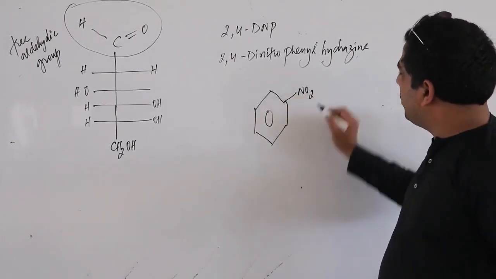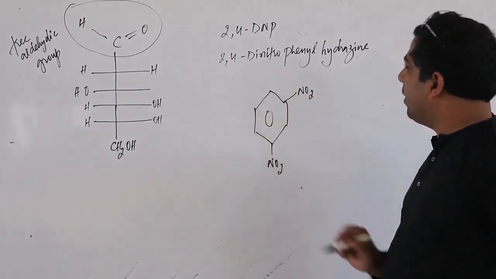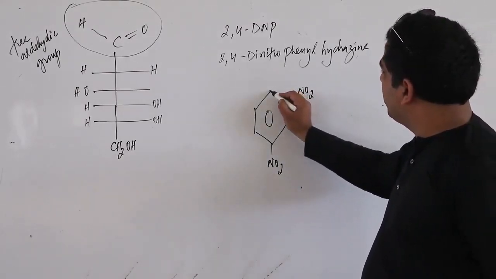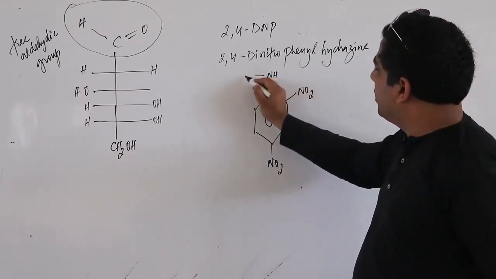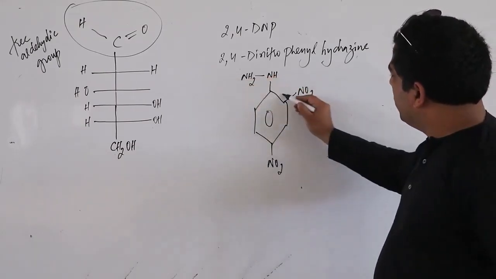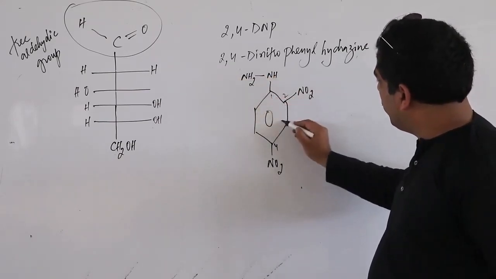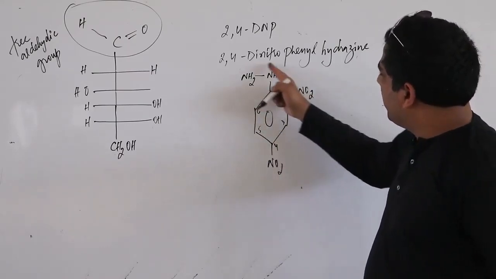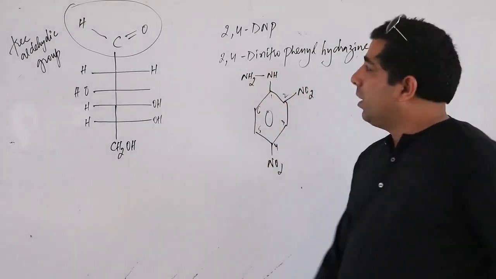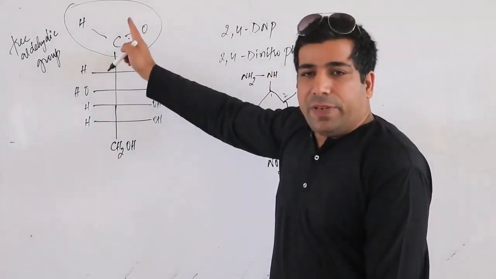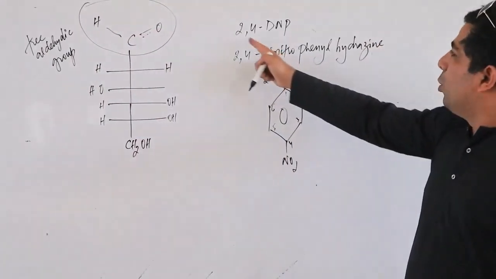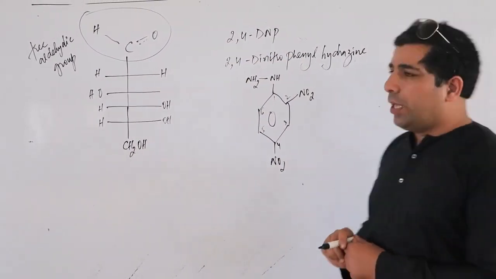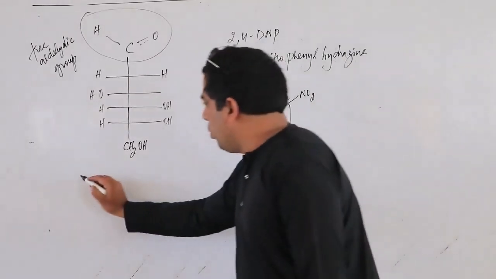So 2-nitro, 4-nitro, we have 2,4-dinitrophenylhydrazine. So this is our hydrazine. This is 2 and this is 4. This is 1, 2, 3 and 4, 5 and 6. 2,4-dinitro, this is phenyl, and this group is hydrazine. Free aldehyde group, remember, free aldehyde will always react with 2,4-dinitrophenylhydrazine. It should react. But this is the open structure